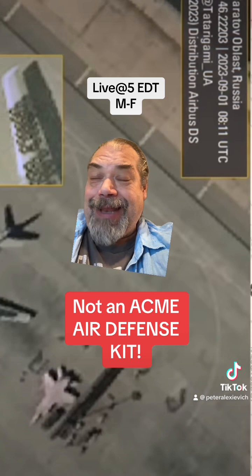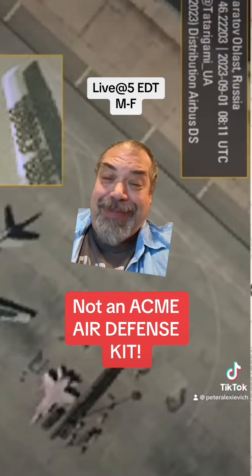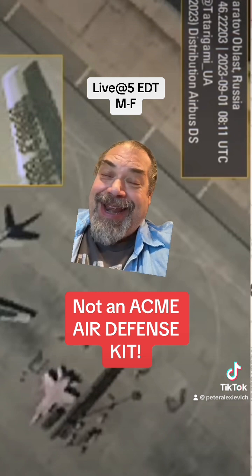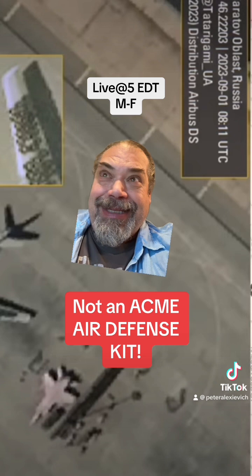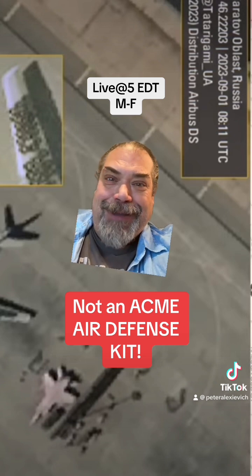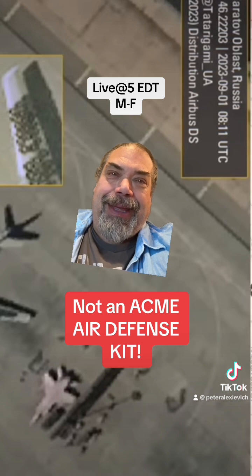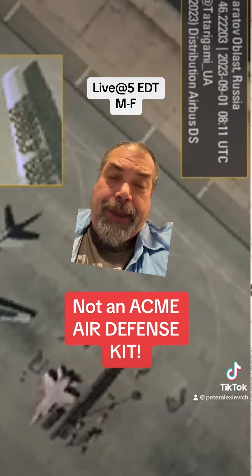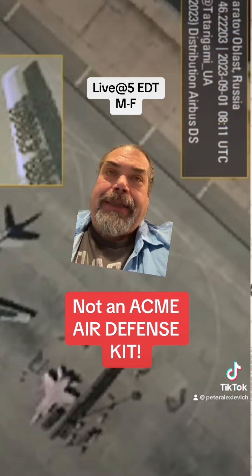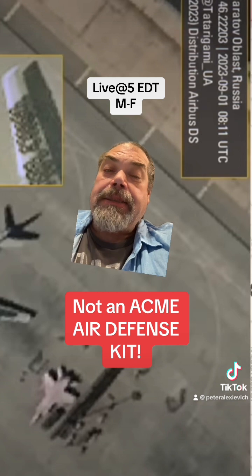It is not a Wile E. Coyote Acme air defense kit. That is for sure. That is not what that is. It is not an attempt to capture the drones inside the tires or bounce them off or whatever. I don't think that's what's going on. If I can take a stab at it here, I think that what's going on is that the Russians are trying to disguise the plane